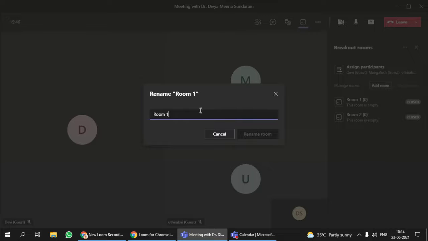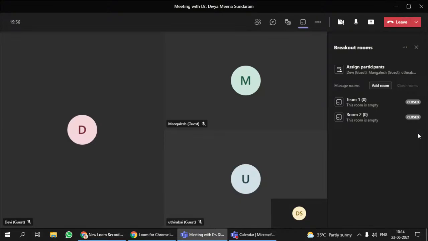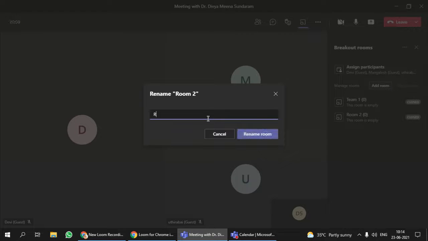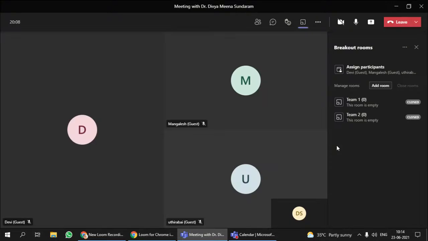I'll rename it as Team 1, and the second as Team 2.